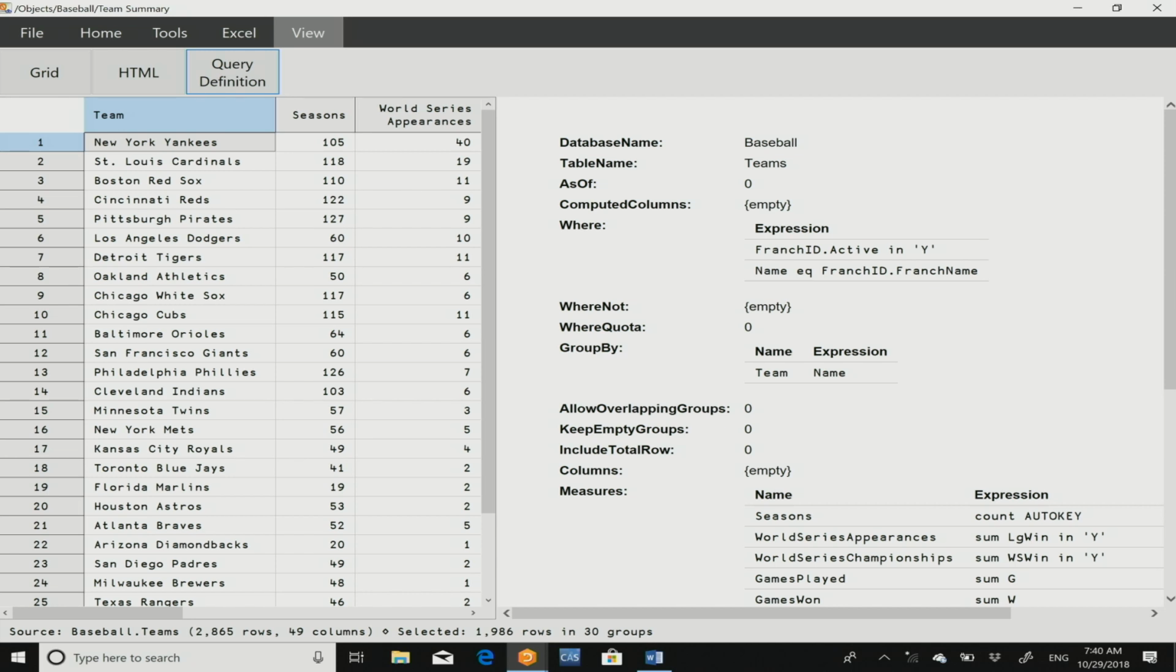Note the measures, again, each one of these sections are just names and expressions. And if you look at the measures, we're counting to get the number of seasons for each team. We are looking at the number of World Series appearances, World Series championships, and then we are summing them up. And then a little bit more down there,